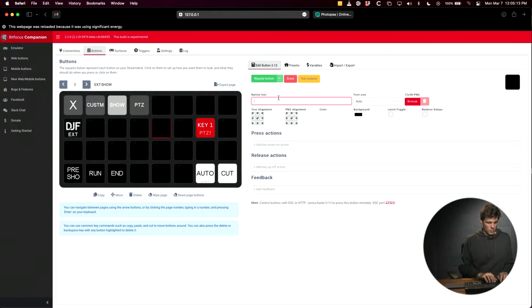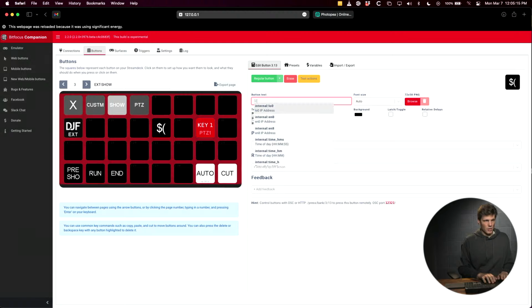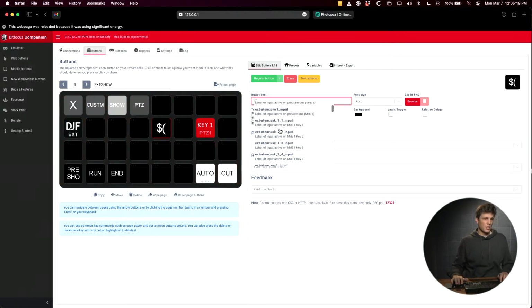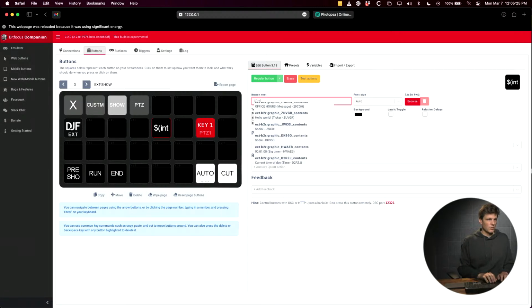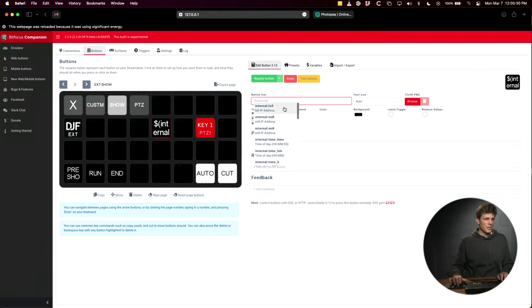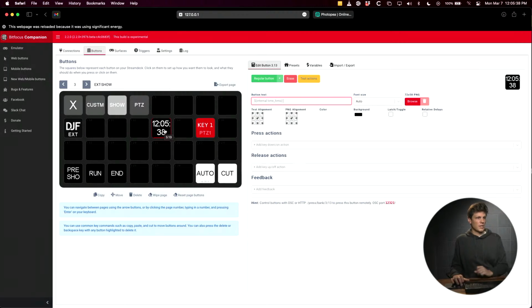You find them by typing dollars and then parentheses, and this will pop up, and you can just scroll through all of these variables, but you might want to do internal, and if you want to limit this list a bit, you could go internal time of day, which is time_HMS, and so now you'll see this is brought up